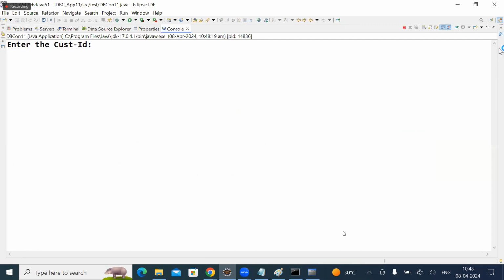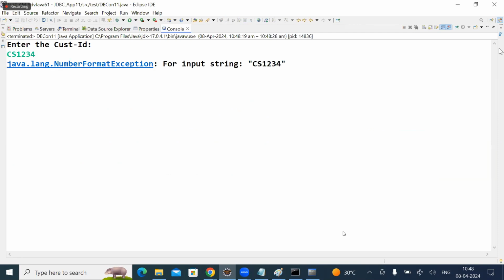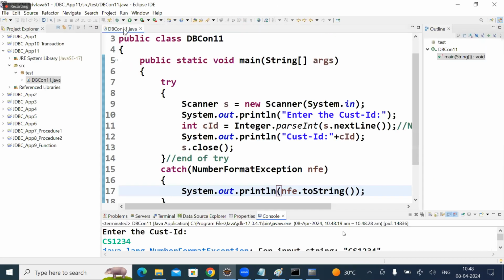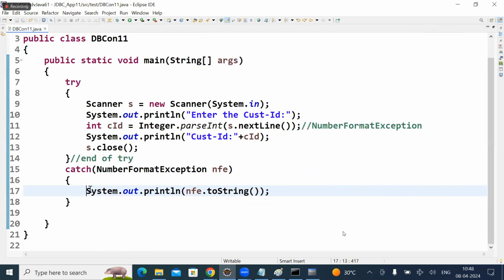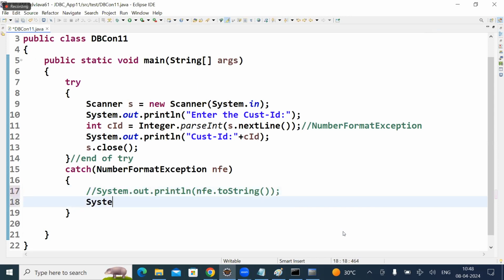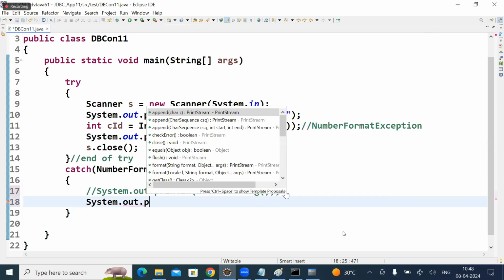So here, CS 1, 2, 3, 4. The class name and message are coming. Is the class name coming or not? No, toString, sir, I only want to give a message. Means don't print the toString; you only give the message. Sir, I only want to give a manual message. Give it. What will you give now? System.out.println